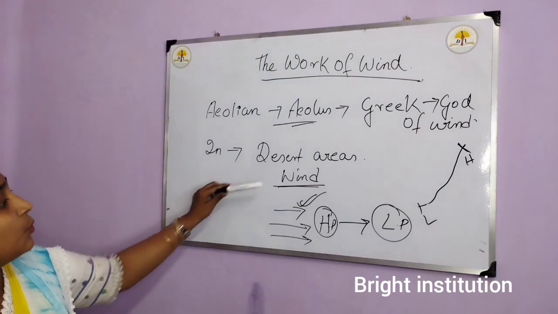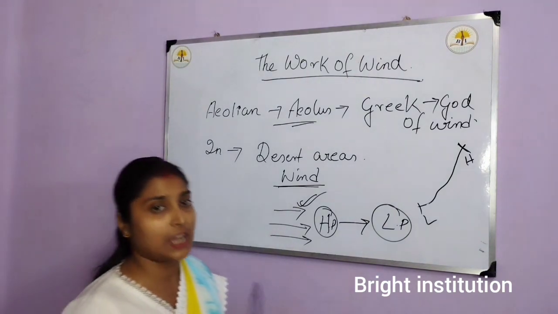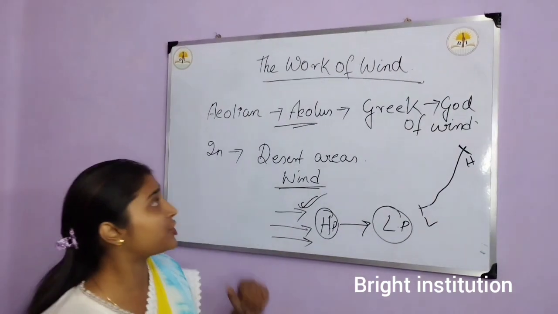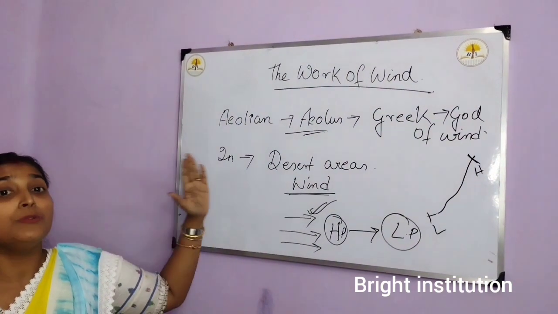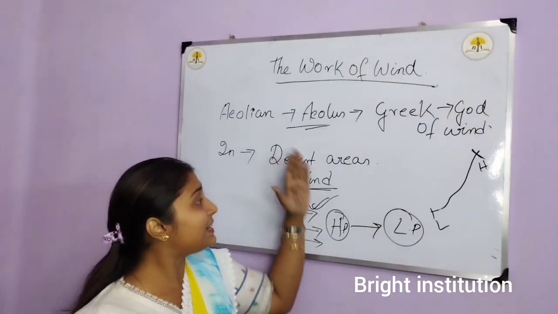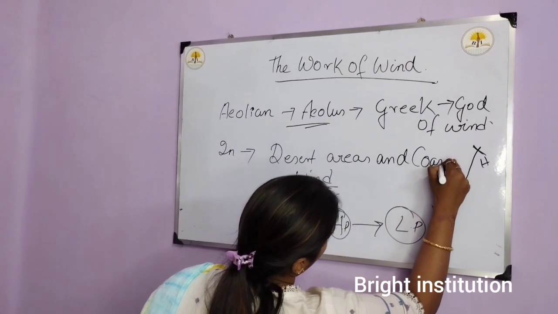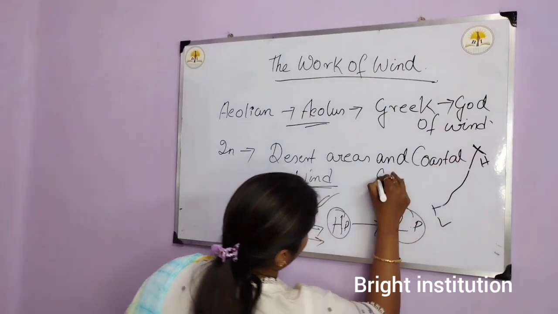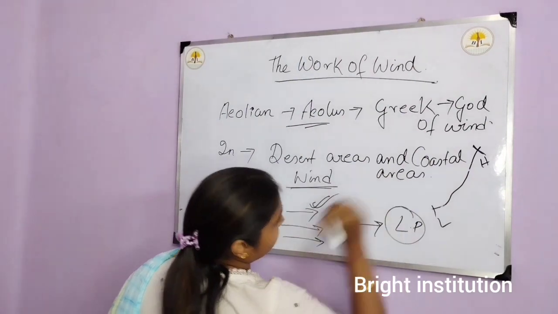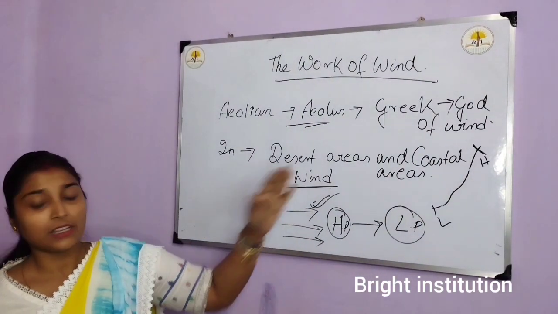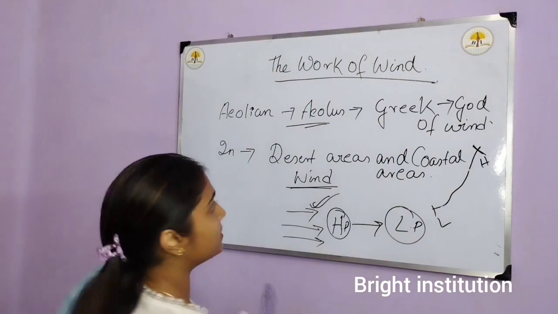Next we will discuss that winds are of various types. This aeolian action, the work of wind, you will see where? Mainly in the desert areas and also in coastal areas. Also we will see it in the desert and the coastal. Next we will discuss